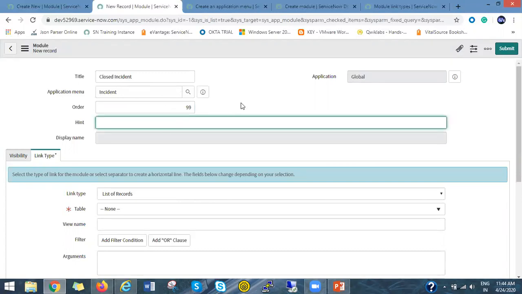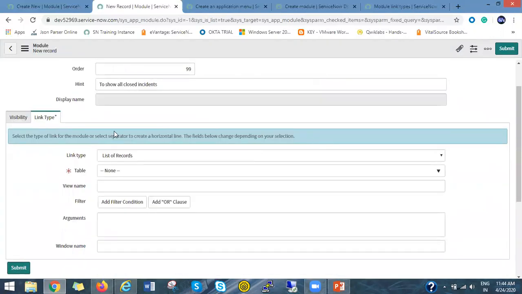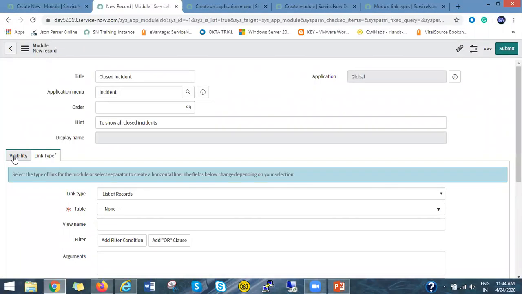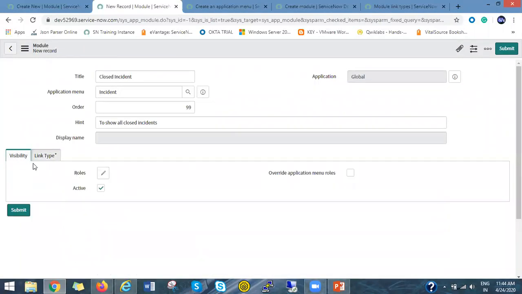Okay, and you can provide any tooltip or hint for the purpose of this module. So, to show all closed incidents. Now the visibility: yesterday we discussed that with the help of roles you can control the visibility of an application menu and module.